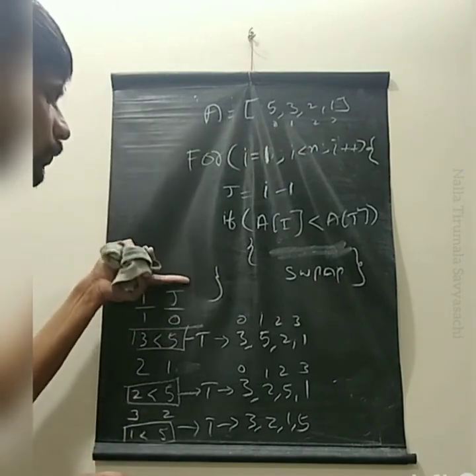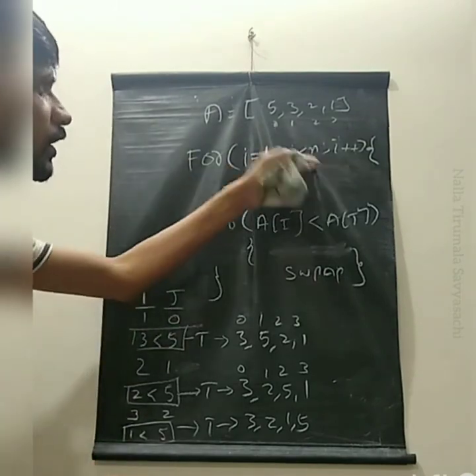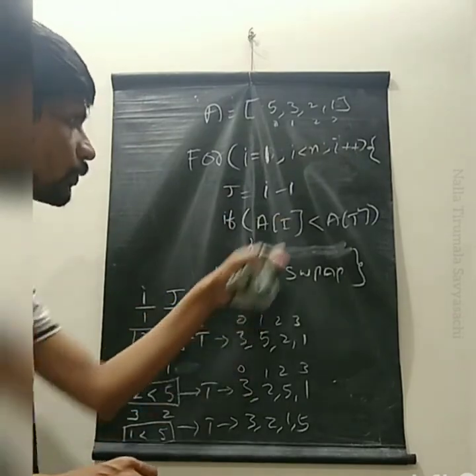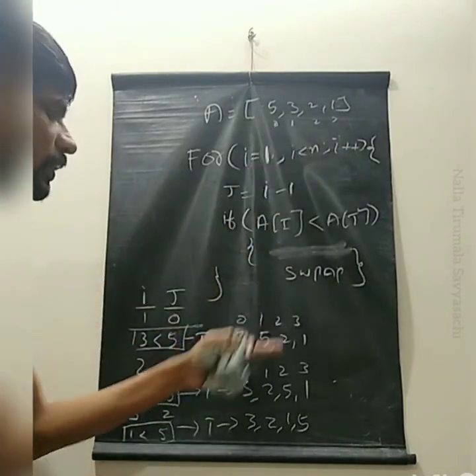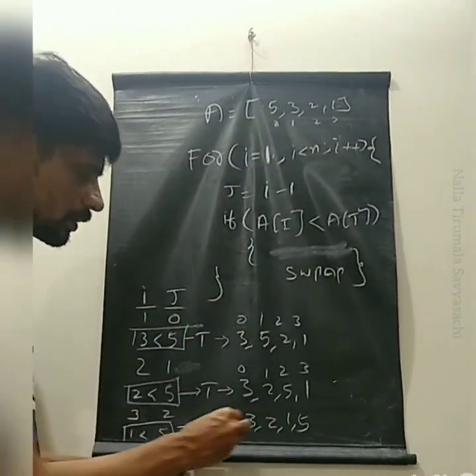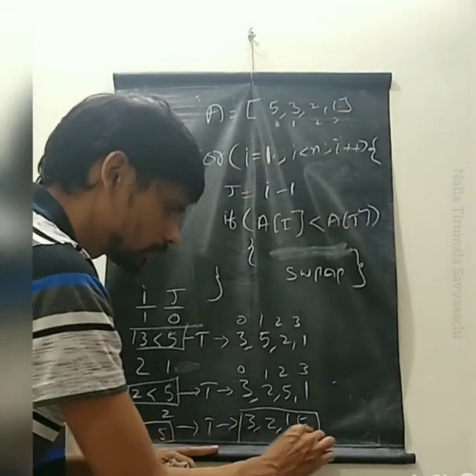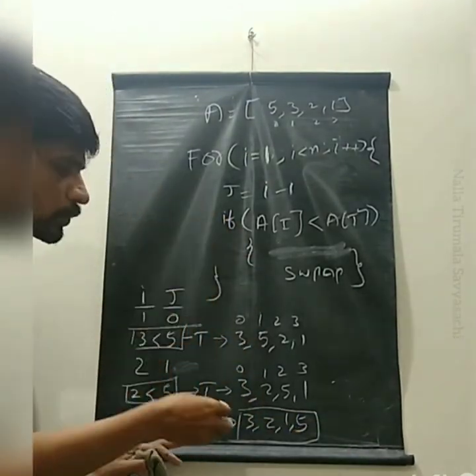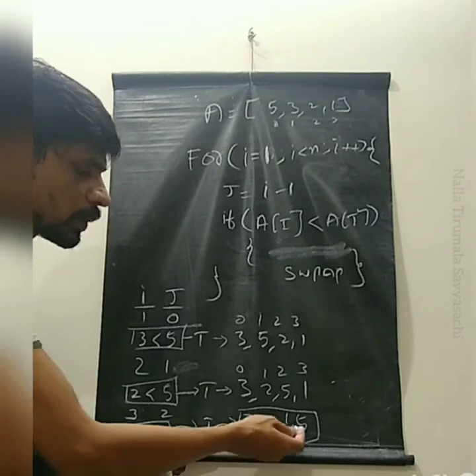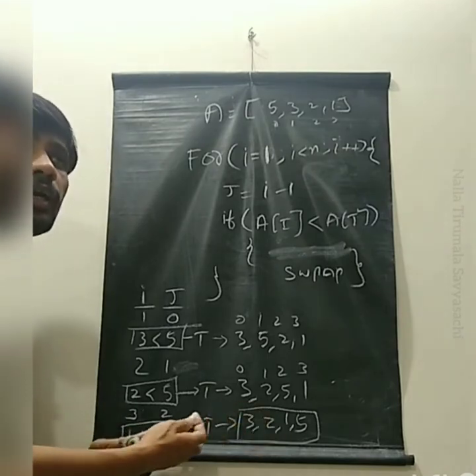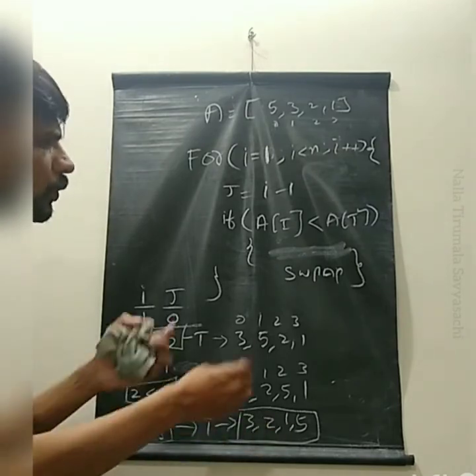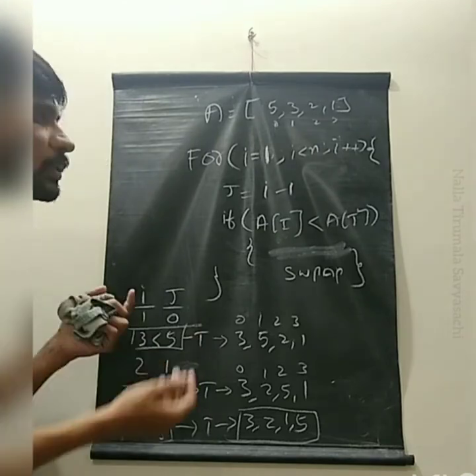So after that what will happen? We reach the end of the array, n. So we are done with this program. We are left with 3, 2, 1, 5. But this is not in sorted order. So how can we solve this? Let's imagine, for example,